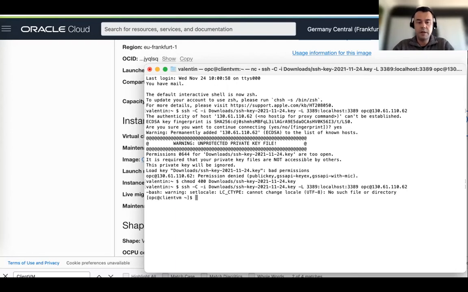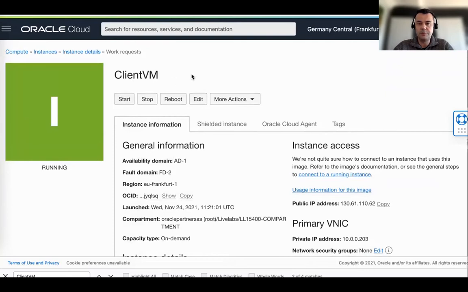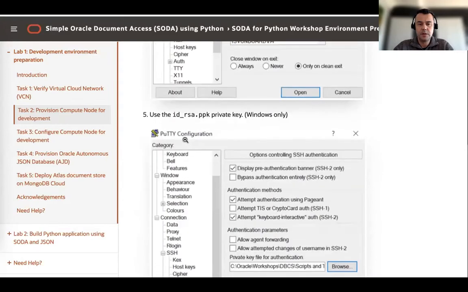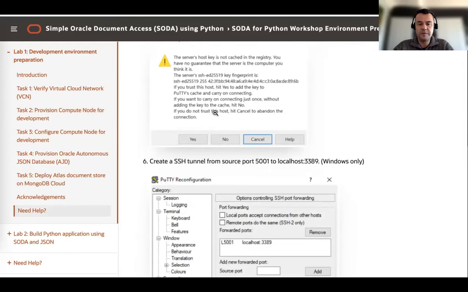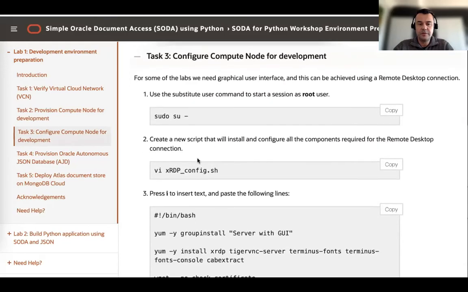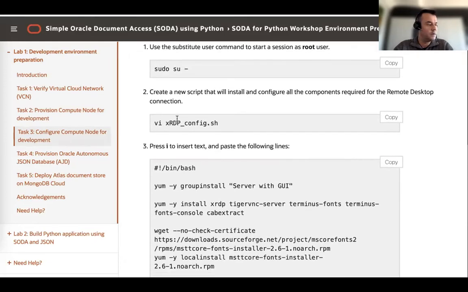Now I'm connected to my client VM compute node with the opc user. This is the default user we have on our compute machine here running on Oracle Cloud. The next step is, this is for PuTTY. I'm going to skip the steps for PuTTY because this is for Windows. So the next step is to make myself root user, and